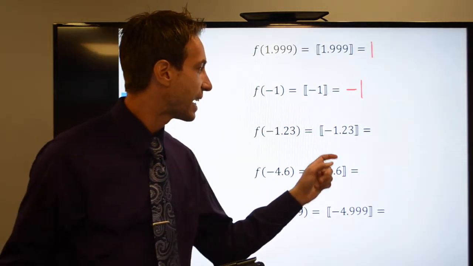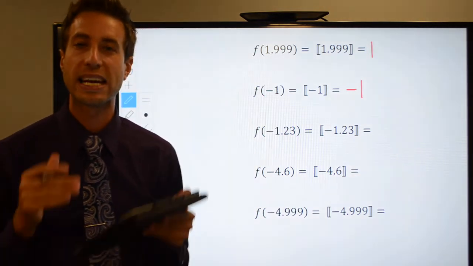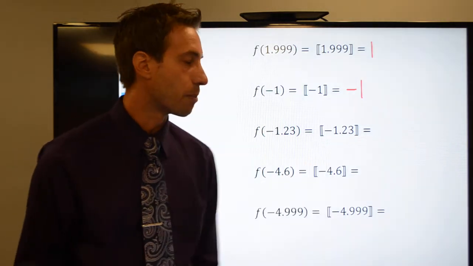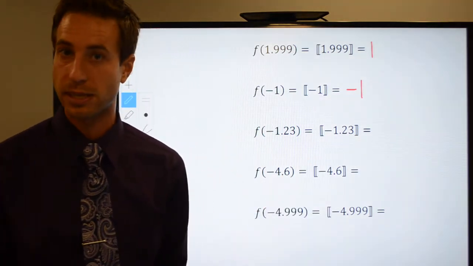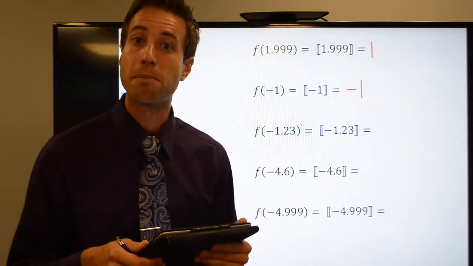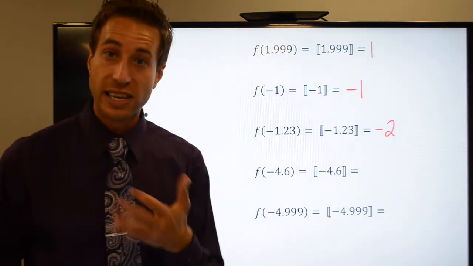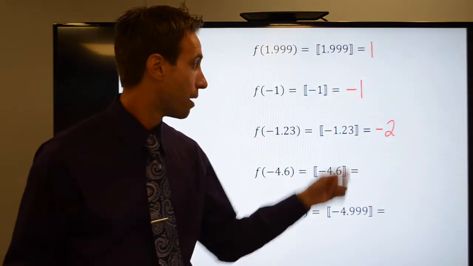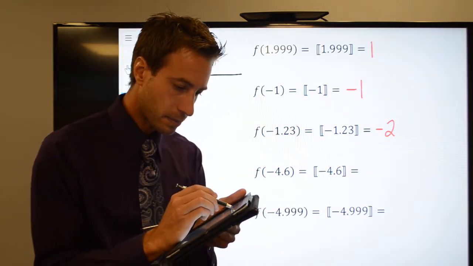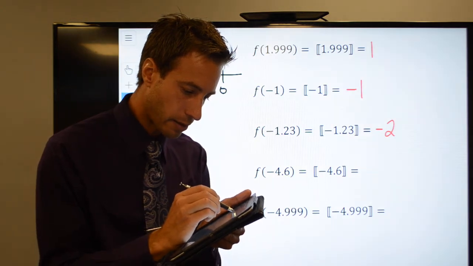But what about negative 1.23? Careful here. I'm at negative 1.23, and I need the greatest integer that is less than or equal to negative 1.23. Well, it's not an integer, so it's going to be something else. The greatest integer that is less than negative 1.23 is minus 2. Be careful. If you said minus 1, negative 1 is actually bigger than negative 1.23. If I draw this on a number line, there's 0, there's 1.23,